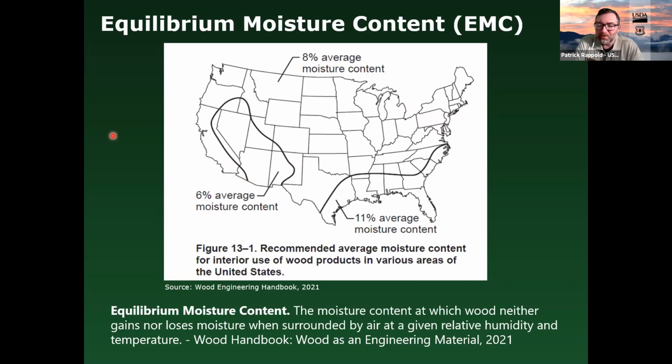So why is this relevant? Why is this important to a person drying lumber? In the part of the world where I live, there are a lot of snowbirds right now migrating to Phoenix, migrating to Tucson for their winter homes. They're avoiding the long, dark, cold winters of the Midwest. And a lot of times they will buy furniture from the Southwest and bring it back to Minnesota, to